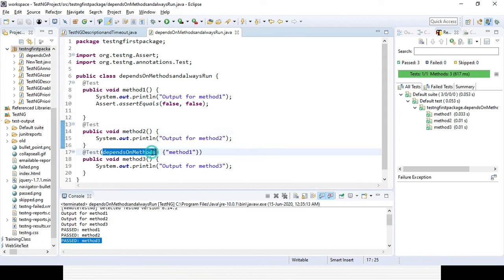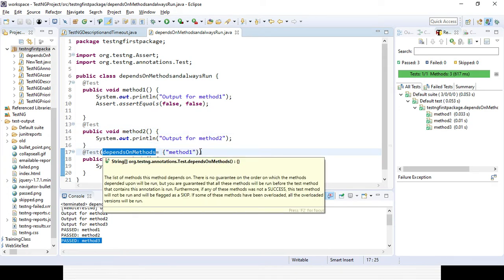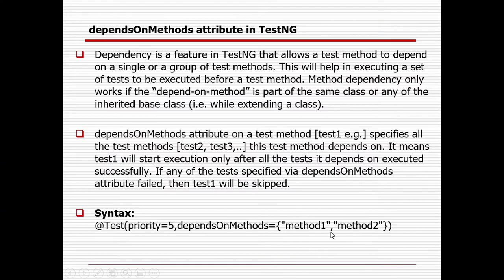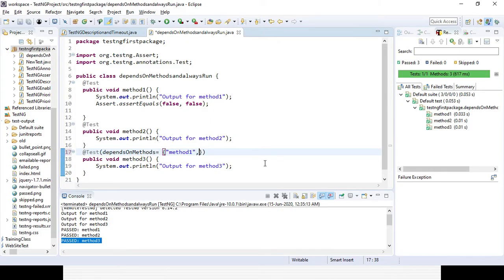Now let's make method 3 dependent on method 1 and method 2. So how can you add multiple dependencies? You need to use the comma. Right here I have already given the example. In case you need to depend on multiple methods, you need to use the comma and then the method name